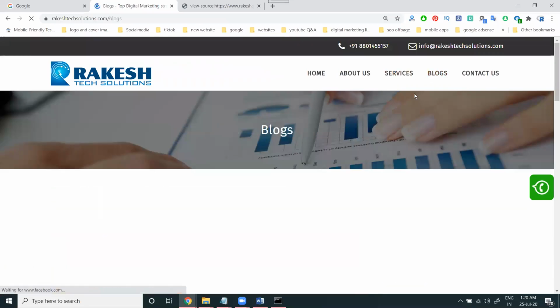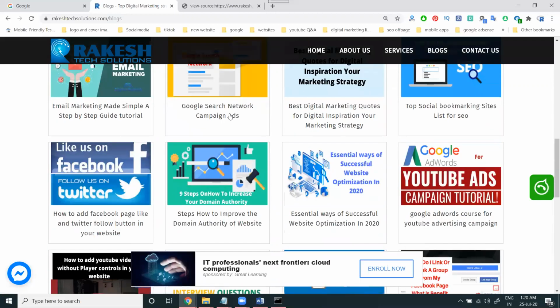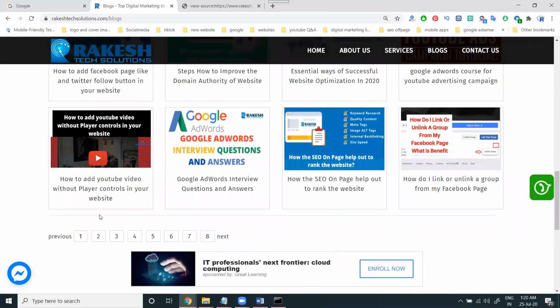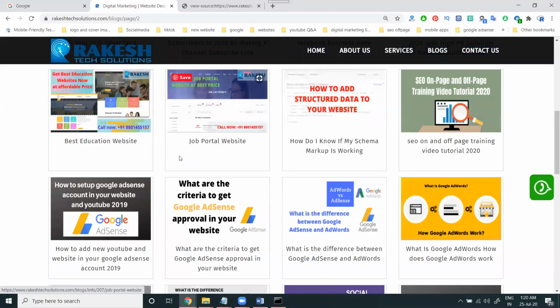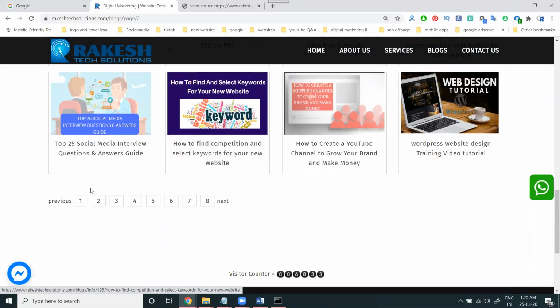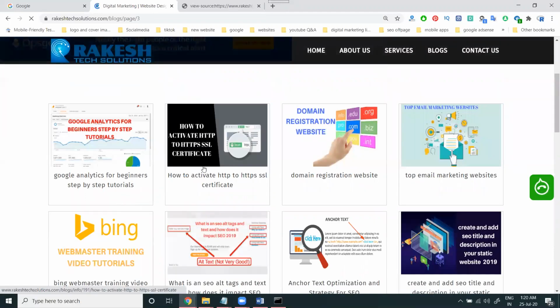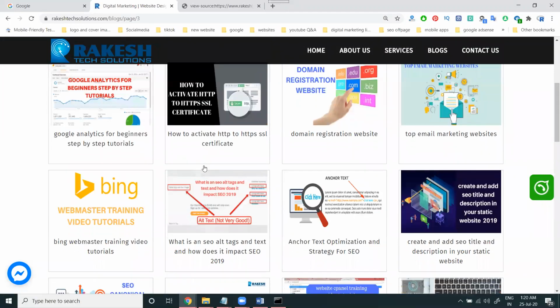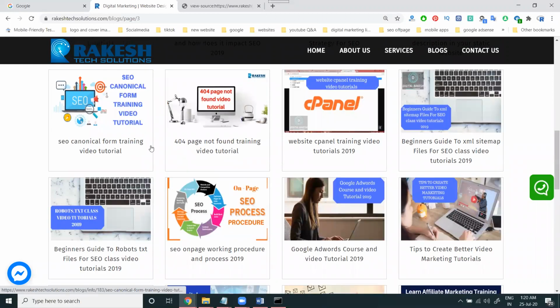Go to the blog option. Each and every video will be in the blogs. First read the documentation: search network, what the improvements are from the Robots.txt file, how to use it, and how we can optimize. Everything is explained neatly in the particular blog option. We can go to the first or second pages. They will show HTTP activation, alt tag, anchor text, everything we have discussed. How to use it, the complete detail, is given on the blog.